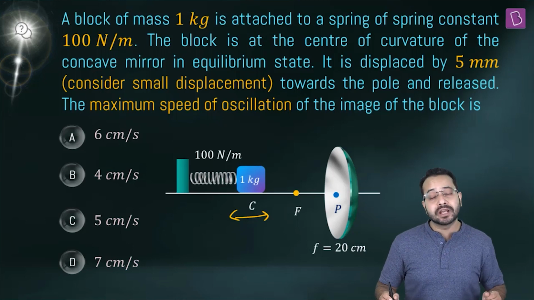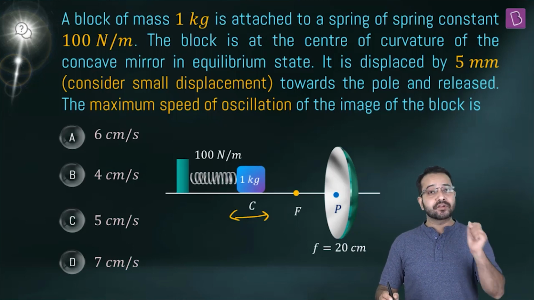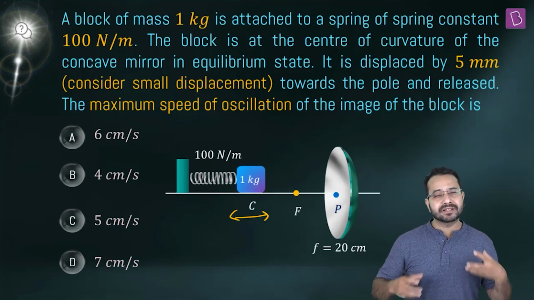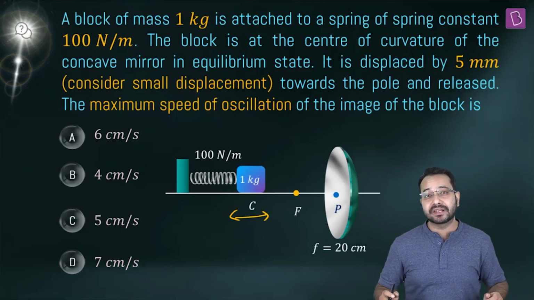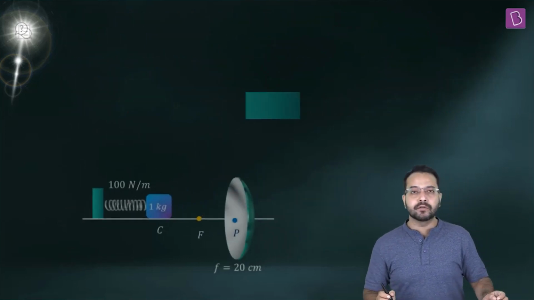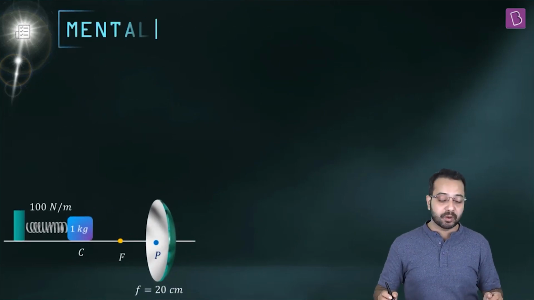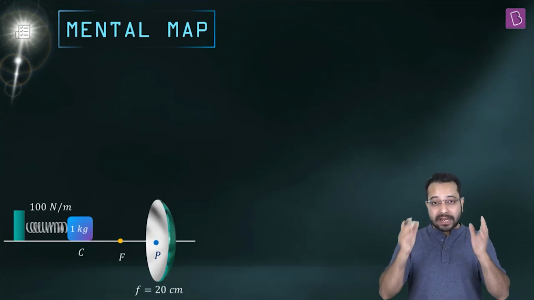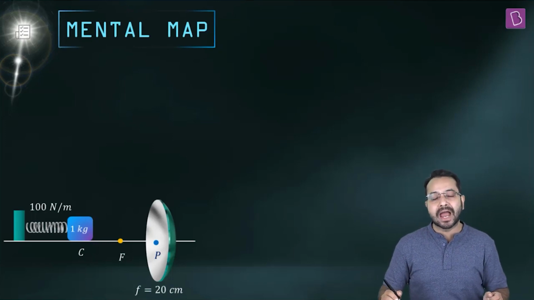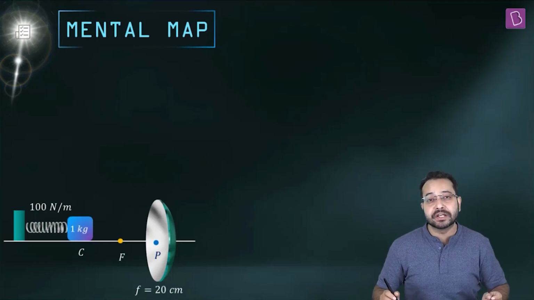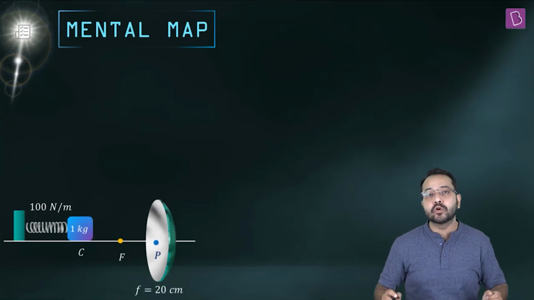Okay, so naturally the image is also going to oscillate. So we have to figure out the velocity of image when it is maximum. Okay, so we have spring mass system, SHM, reflection, magnification. A little bit complicated this problem seems. So the best way of solving this problem would be creating a mental map. So mental map will help us figure out exactly how to proceed with the problem, and we are going to start with the variable which is required, and then when we move logically you will see that the steps we need to take are automatically going to reveal themselves.